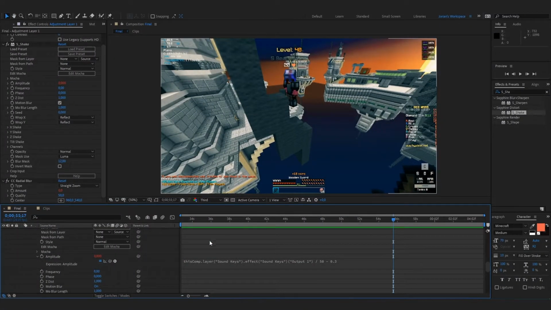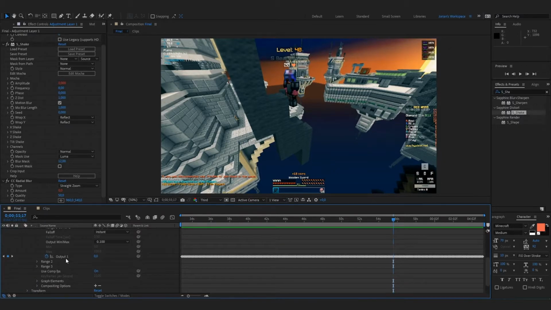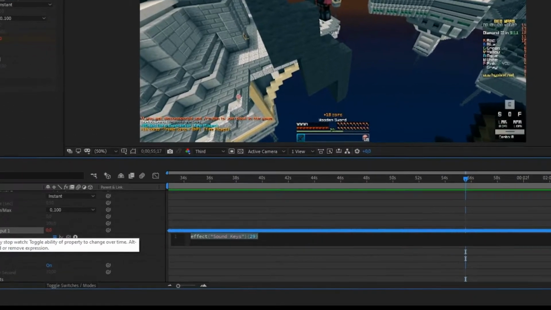Now we're almost done. One more trick is to offset the keyframes of our output by a few frames, to make the keyframes feel more instant and responsive. To do this we can use another expression, this time on the output itself. Hold Alt and click once more,